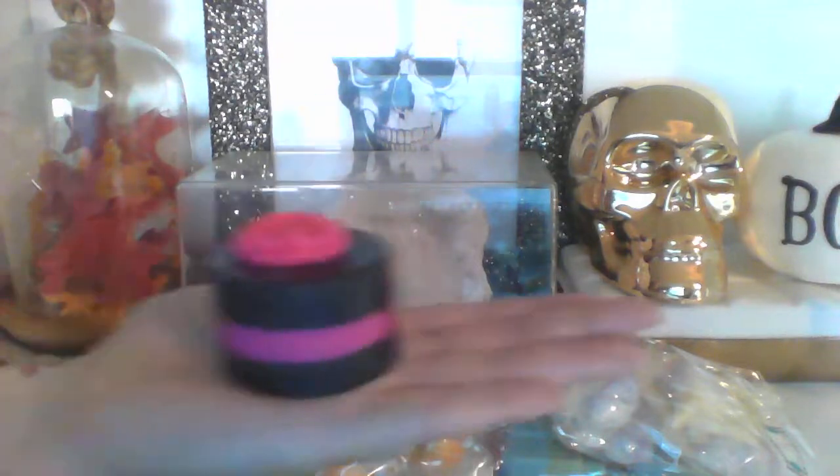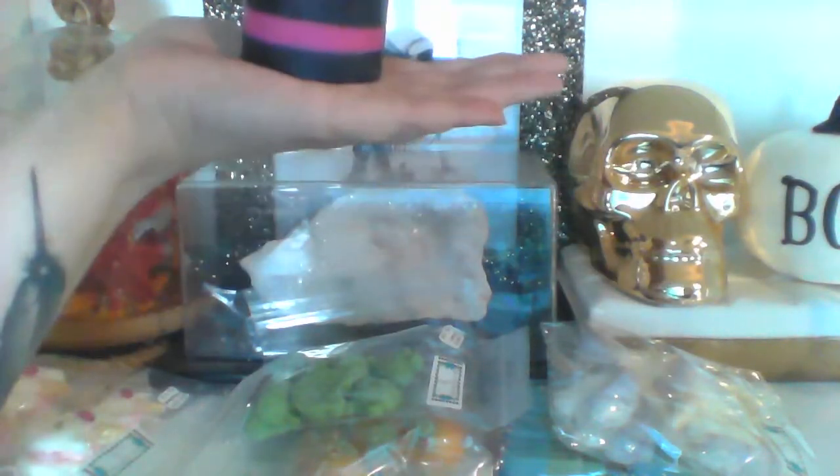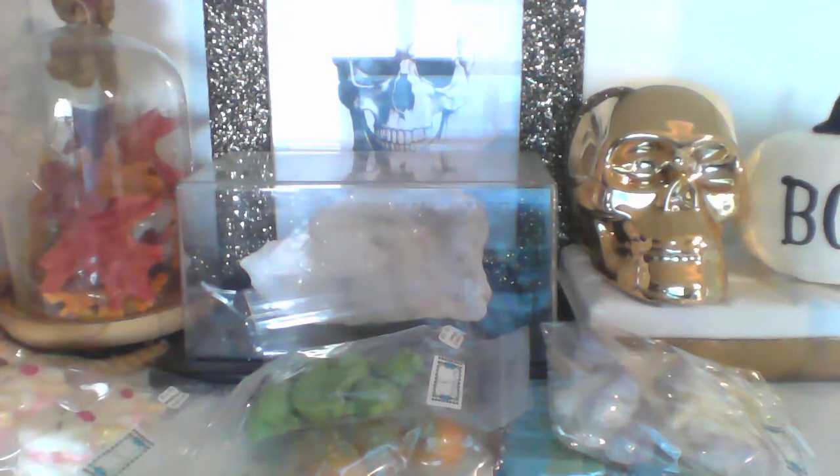I mean, number one, she's just beautiful. And that's like black, black. I definitely smell the blueberry, the strawberry, and the cotton candy. So that one smells really good, and nice and strong. I could smell it outside of the bag as well. And it is really cutely presented, but